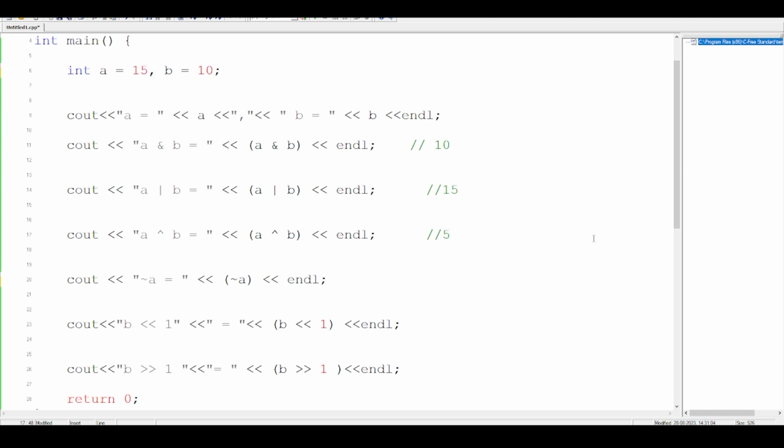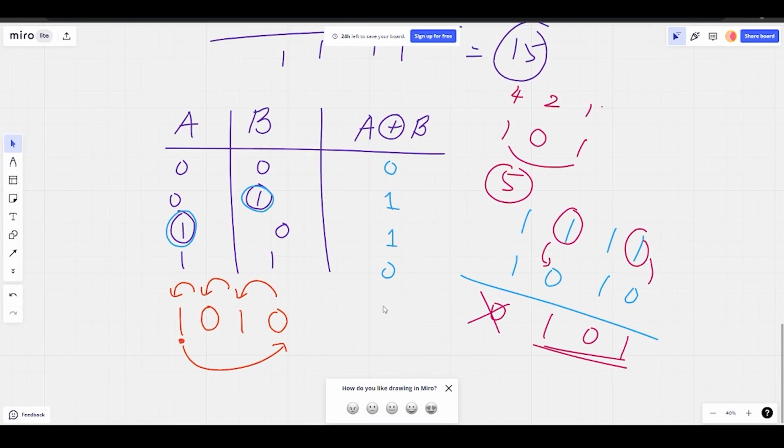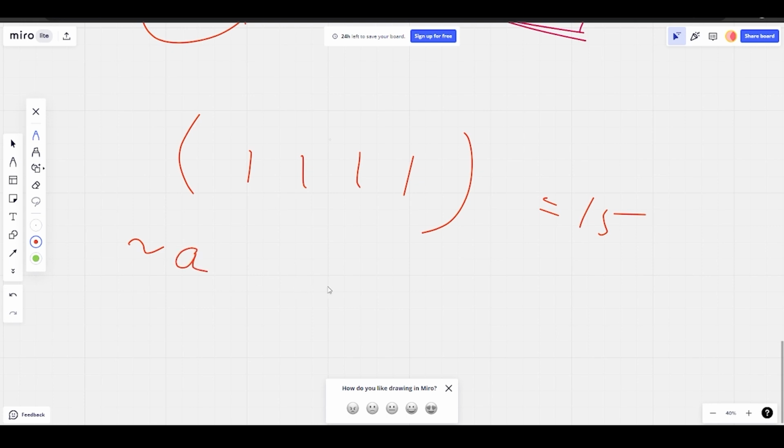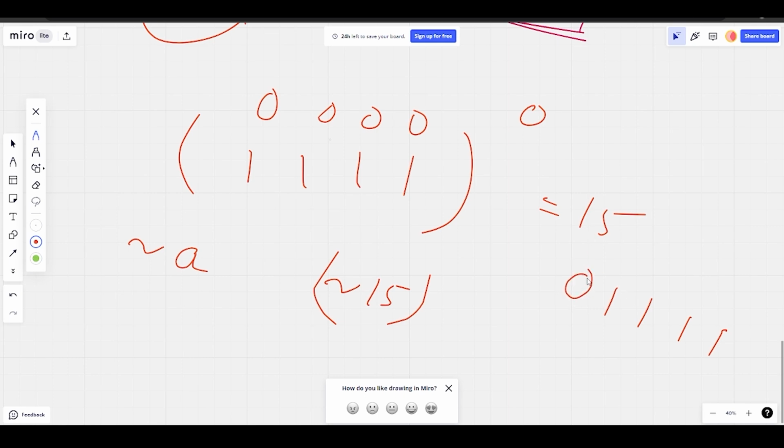Then we have the bitwise NOT. Now bitwise NOT you may find a little bit complicated. So let me show you how it works. We have the number 15, which is 4 ones. In the program, I have written NOT of A, that is NOT of 15. NOT simply changes the bits. That is, it inverts the bits. So everything will become 0. But if everything becomes 0, it will become 0 only. So whenever we have to work on any number of bits, we put a 0 in front and then we do the NOT operation. Then everything will become 0 and this first one will become 1. If you see this closely, this is 16. And since we're doing the NOT operation, a minus sign will come over here.